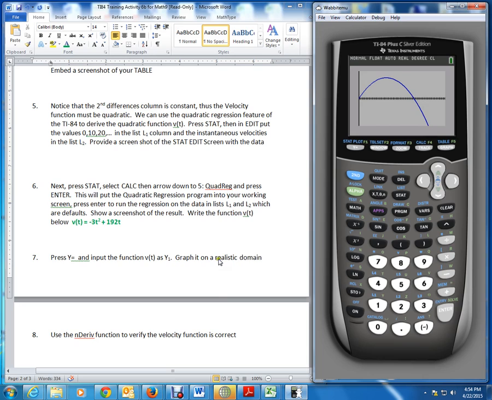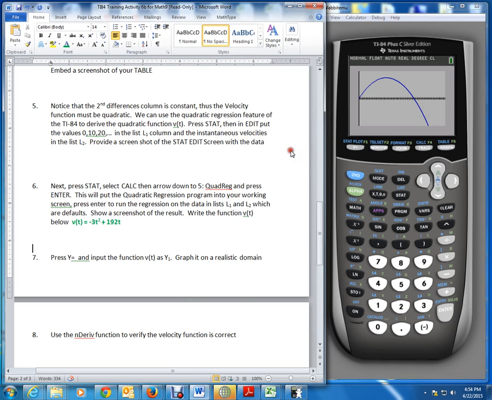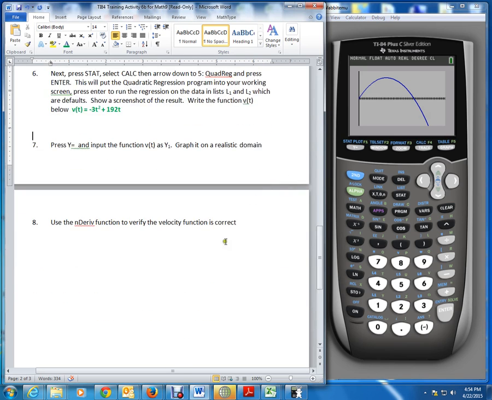So that's a realistic domain, and again, you can just post this or embed a screenshot of your window that you set on a realistic domain in order to satisfy number 7 for the activity. And then finally, one of the last things we want to do is verify this